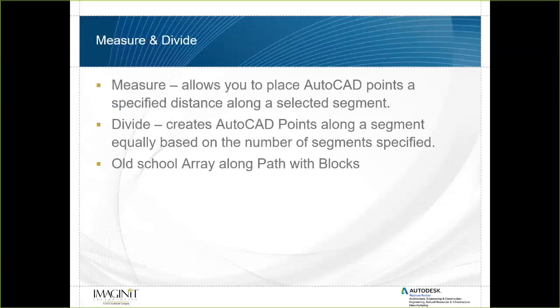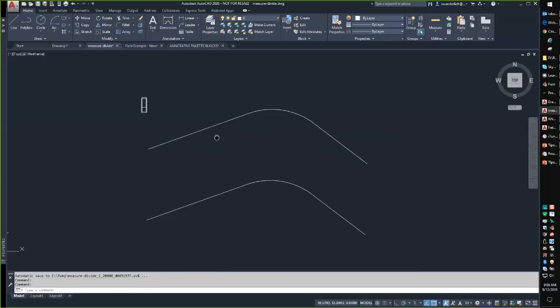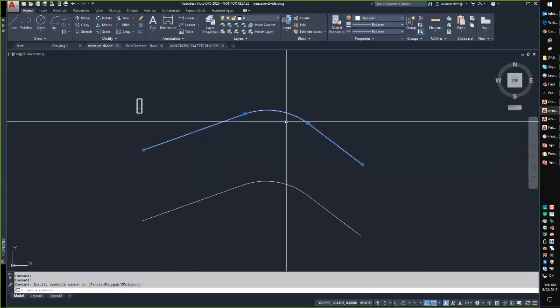The new array now actually includes that to array along a path, so it does make it a lot easier, but this is the old school array. So how we do this is we come in here to this one, right? And I've got 2 polylines here. If I click on them, you'll see that they're polylines. And the first one is measure,